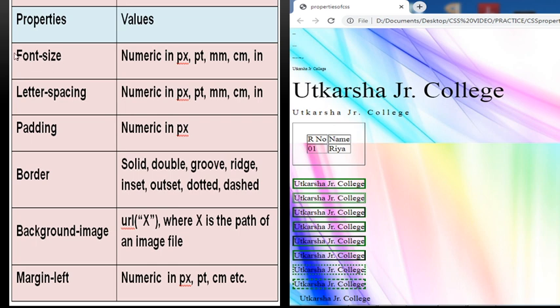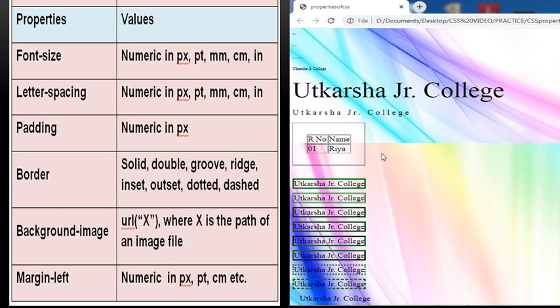We have to write the property as it is, like font-size, letter-spacing. Otherwise, we do not get the desired output on the web page. Also, we are not supposed to misspell these properties.